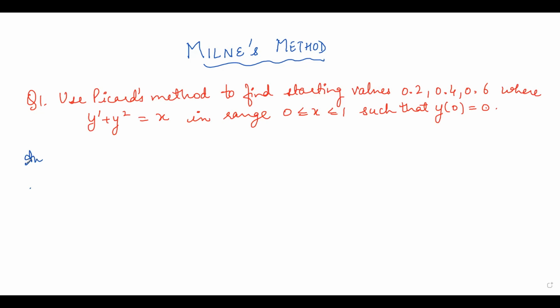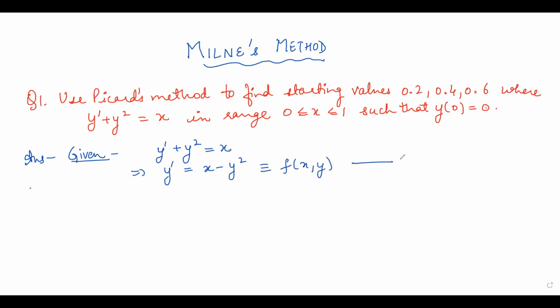And to start off, let us see what is given to us. So given the equation, we have this. As we know, we need to write the equation in the form of y dash is a function of x and y. So I'll be writing this in the form of f of x and y. So let me take the equation down because I'll be using this in the table. Now also I am given